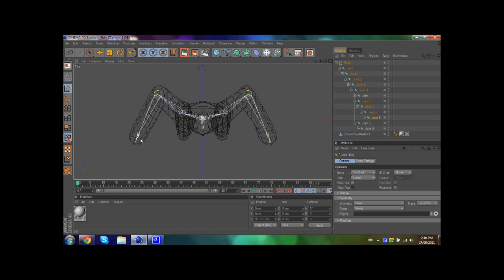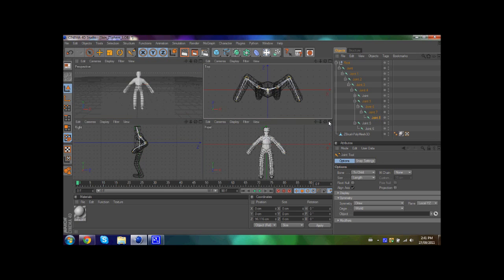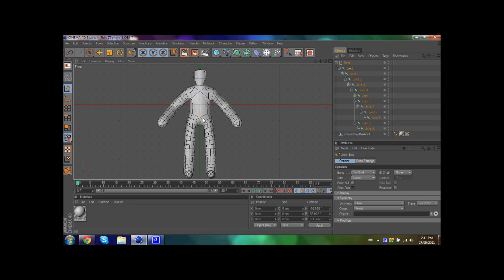So make sure that the whole arm is covered, because if you don't, sometimes one spot will just stay there while the rest of the arm moves right or left, and it looks really awkward. So now you want to click on the pelvis one, and then you want to hit control and click